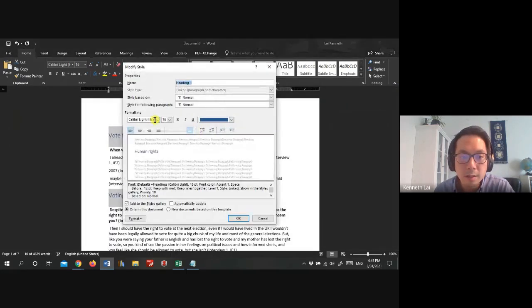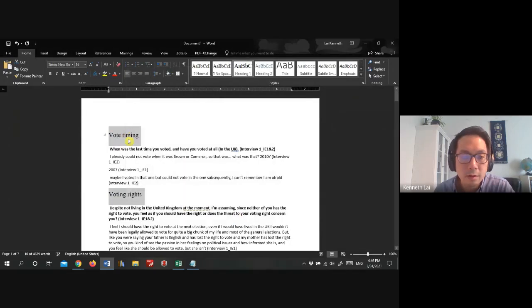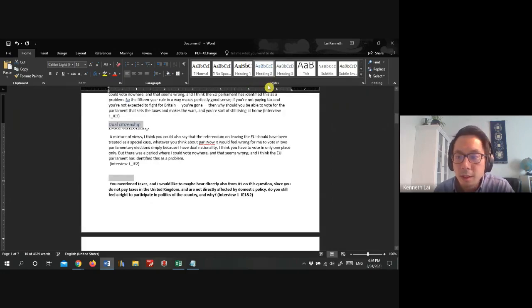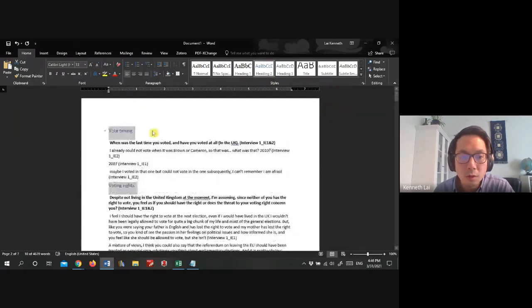I haven't changed it myself here, but if you prefer to have all of it in the same style, you can do that. However you want, it doesn't matter terribly. So now we have all this in heading 1. Actually, sorry, we want this in heading 2. So we select all that, and we do heading 2 for these. We'll use heading 1